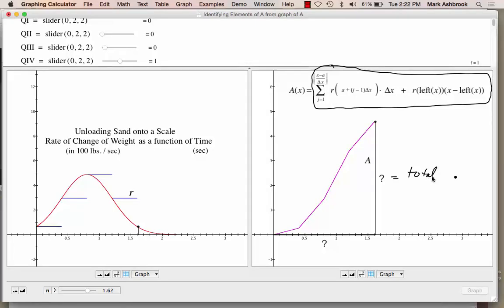100 pounds per second? I mean, total weight, sorry. Total accumulation of weight, due to completed intervals and the current interval. For the current value of X, we have the completed intervals plus the accumulation of weight due to the current interval. So this is the total accumulation of weight at X seconds in hundreds of pounds. And it's the whole sum. It's the dependent variable of the function. Okay, I hope that helped to really understand how that thing is working, and then relating it to the